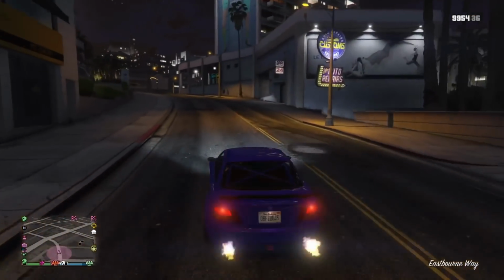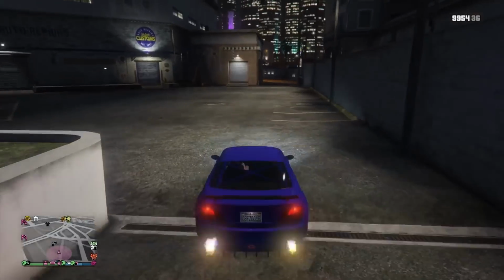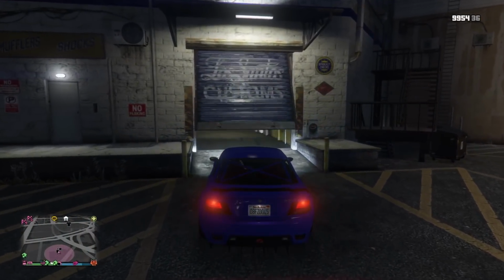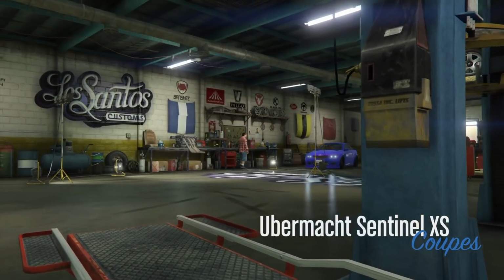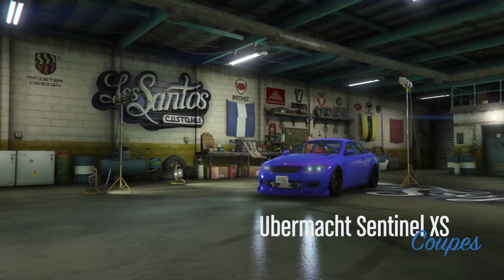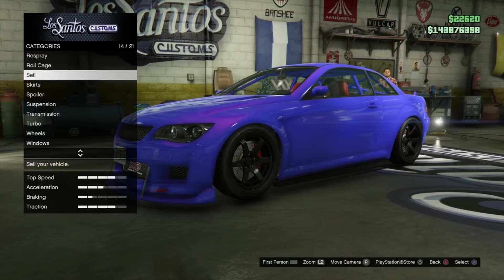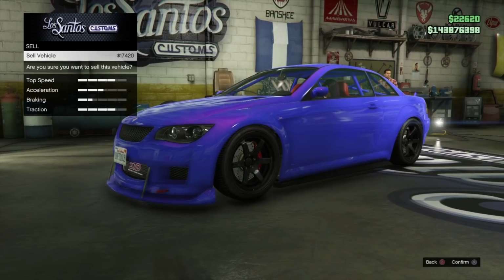The custom shop is willing to buy cars from you every 48 real-life minutes. However, there are limits to how many you can sell in a day. If you sell more than 2 cars inside of 2 hours, you'll get a warning about reaching your daily sell limit. And you can't sell more than 8 cars in a 30-hour real-life period. This blue Sentinel XS sells for